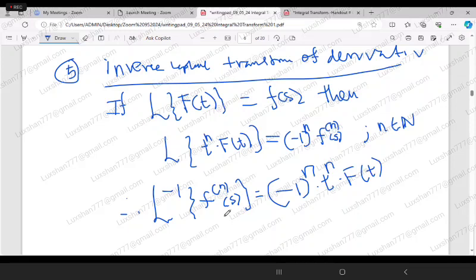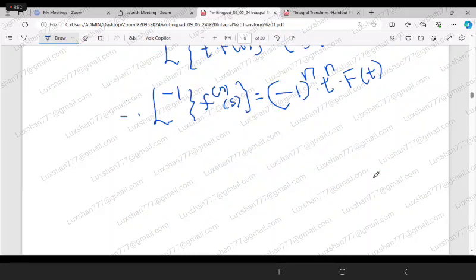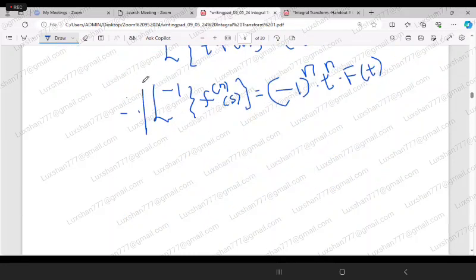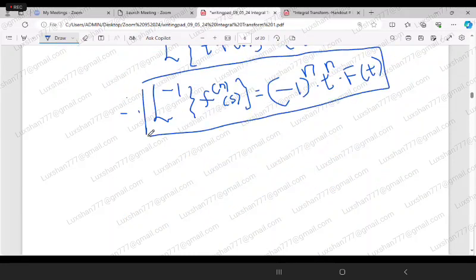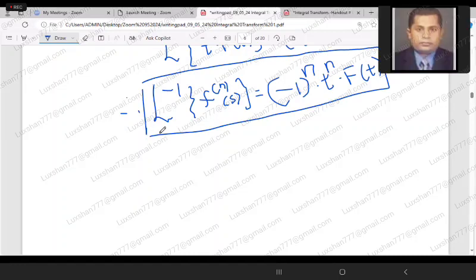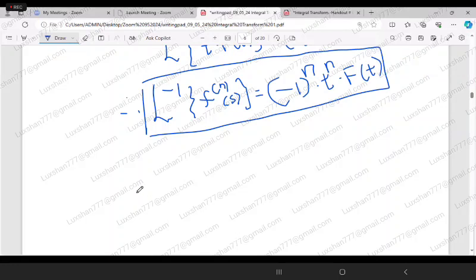So if the Laplace transform of a function f(t) is F(s), then the inverse Laplace transform of its nth derivative will be minus 1 to the power n into t to the power n into f(t). So this is the theorem for the inverse Laplace transform of a derivative. Say, for an example,